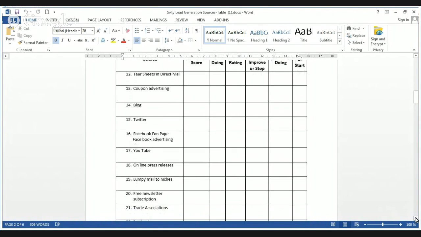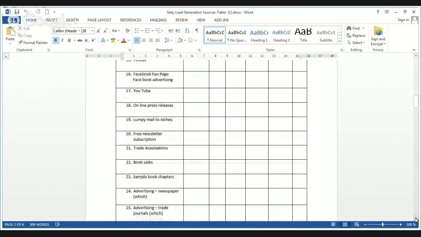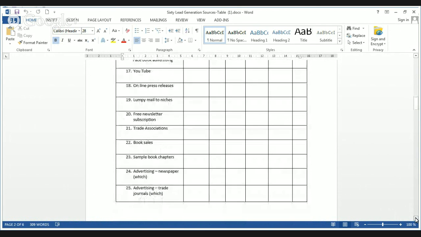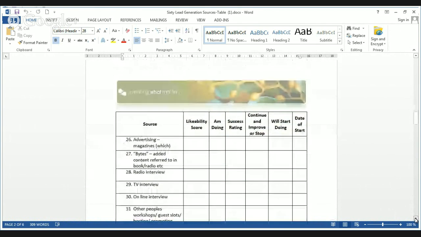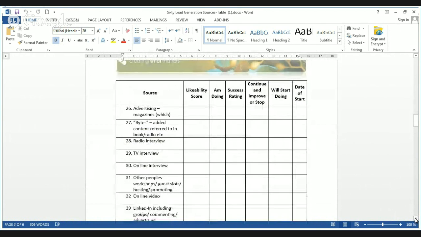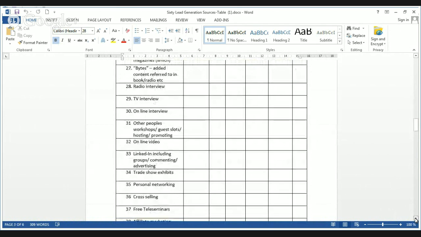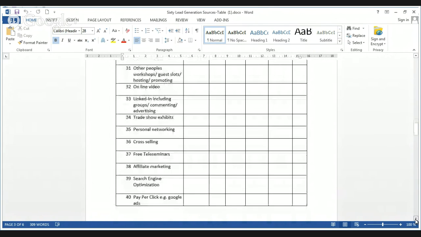Newsletter subscriptions, trade associations, book sales, chapters, newspaper advertising, the list goes on. And what I want you to do is to look through every single one of these, because whilst some of these might sound way out for you, personal networking or cross-selling and upselling, or teleseminars, you might be interested in trying that once you've got some other of your marketing systems working. So there are 60 possible ways of generating leads